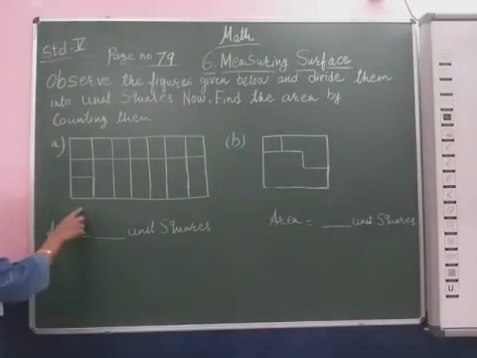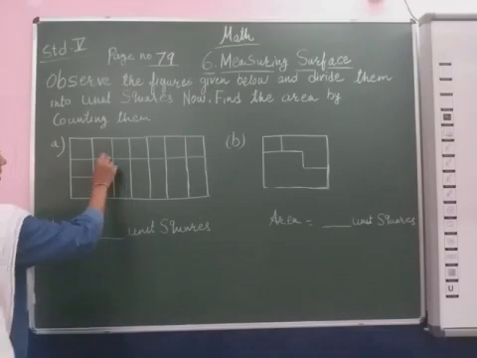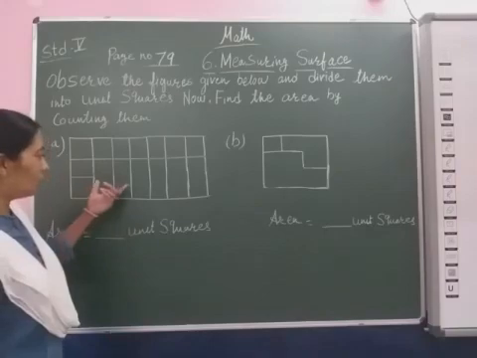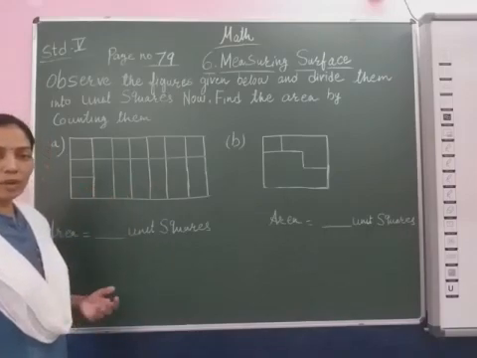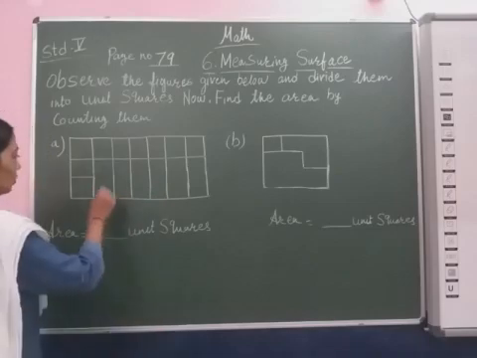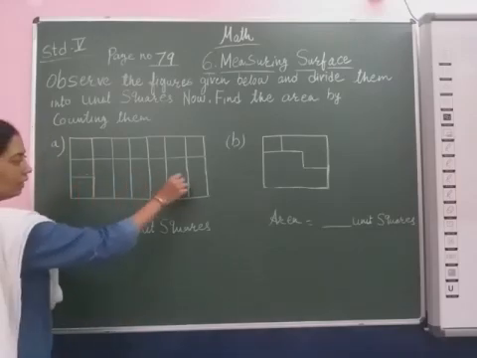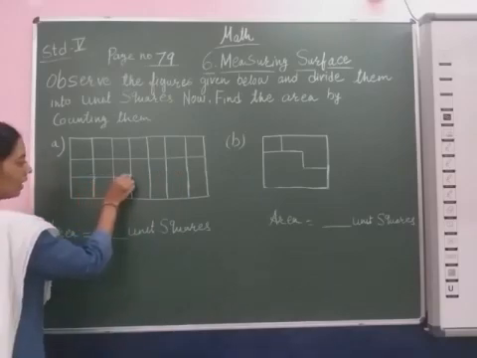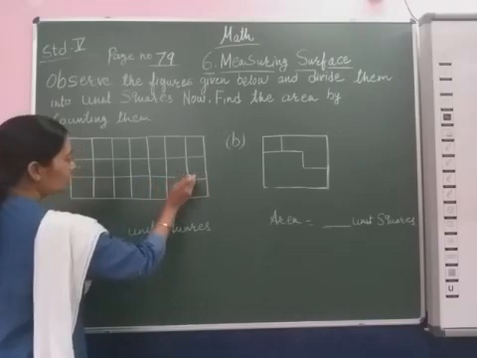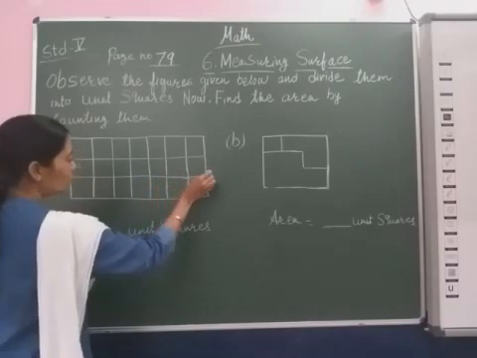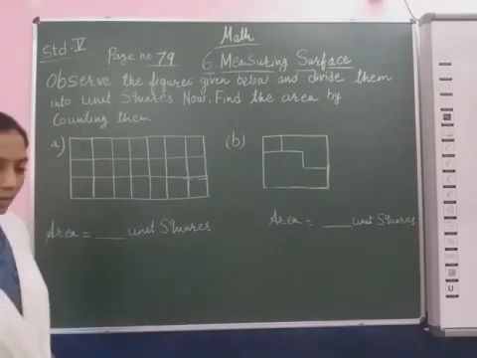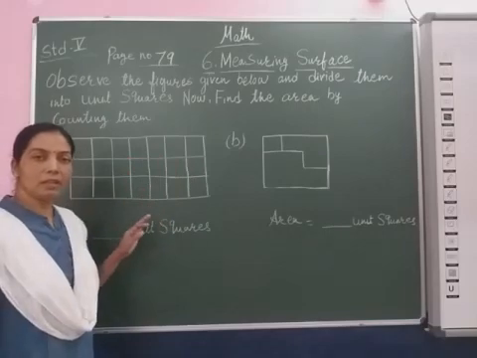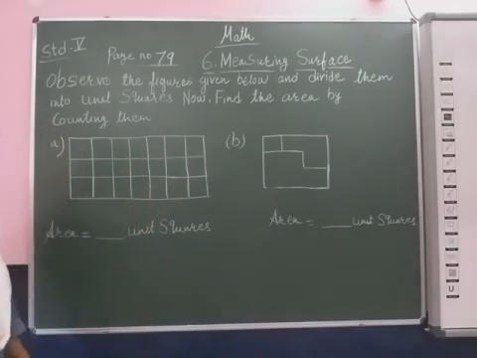Okay. So this is the A figure that is given. Some of it they have divided into unit squares. Now the rest of that we have to divide. So let us do this by dividing this into squares. How will we do this? We can stretch this line. So we stretch this line, and we get the squares. As we get here, we stretch only one line and we divide this into square units.